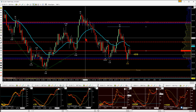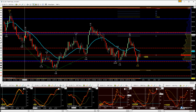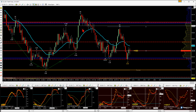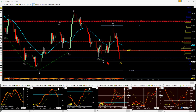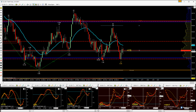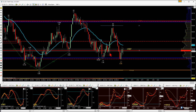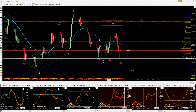You make a push up, create new highs in the BBs. Just make sure I'm accurate with that. Yes, so no divergence there, no negative divergence to throw us an indicator of a short. And then we come back and we pull down to this support level that had held before. Strong bearish bar, a little bit of an indecisive bar, strong bullish bar. There's a great trading pattern right there at the end of this move down at a level that we've been